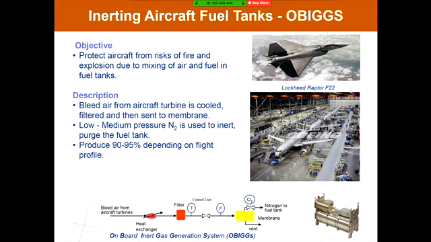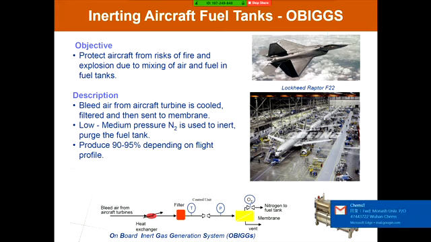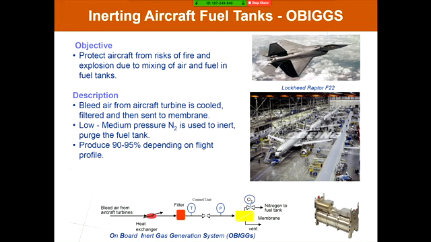explosions. And in this application, bleed air from the aircraft turbines is cooled and filtered before going into a membrane, and that membrane removes some of the oxygen from the air, and the nitrogen-enriched air then gets ventilated through the fuel tank and helps prevent explosions. This is a picture of one of the membrane units in such a device. Turns out for this application, you don't need very high selectivity for oxygen over nitrogen in order to make 90 to 95% nitrogen, which is in a range that can prevent fires.